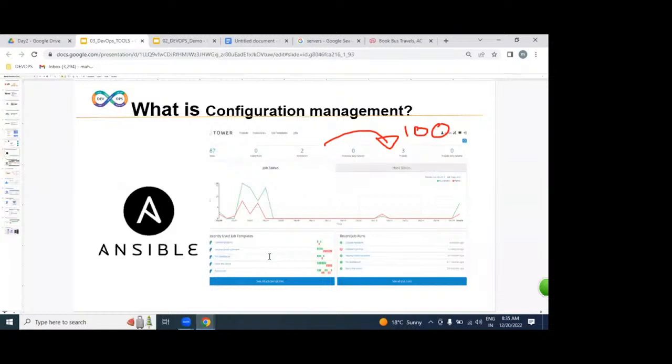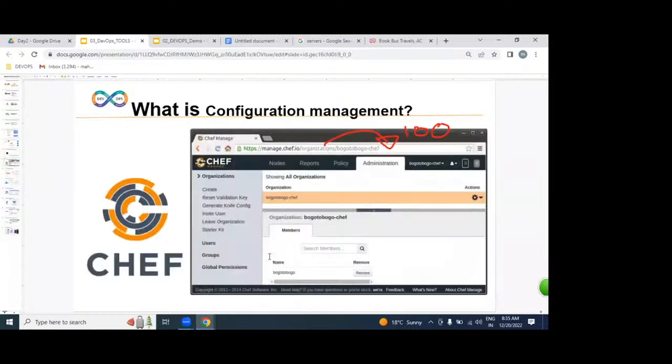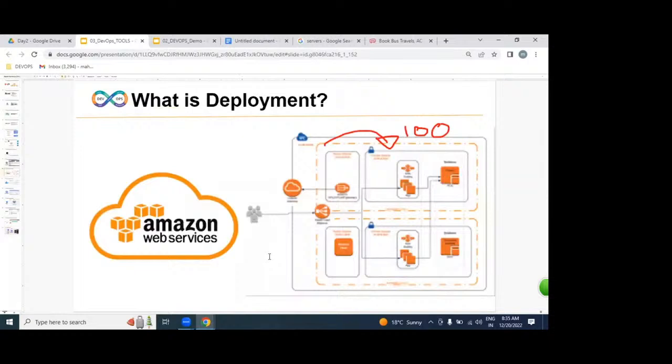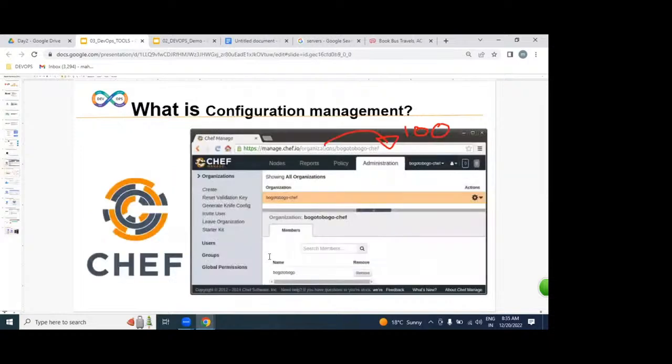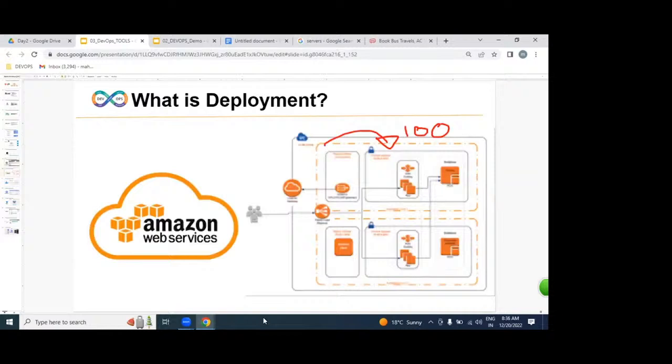Ansible and Chef. Ansible is a push model. Chef is a pull model. Understood very clearly. But if you want to automate on hundreds of servers, we require servers, or no? From where can we get them? Understood very clearly. So we are going to have an automated process on hundreds of servers, agreed. But from where?